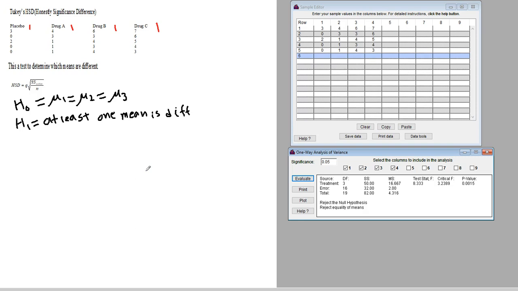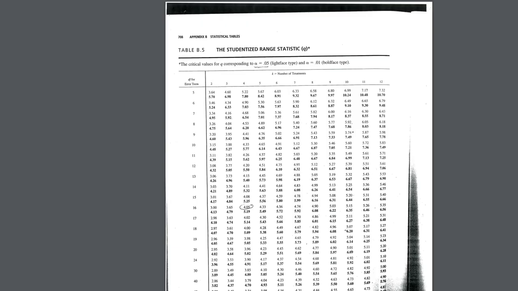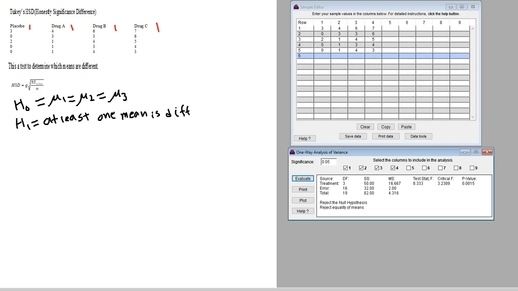That's the numerical value that you need to find. If you look at the HSD, there is something called the Q value here. That's the studentized Q value that we need to find. If you go to your table, I'm not going to upload the table here, but I'm going to show you. If you go to the Q table, you will see that